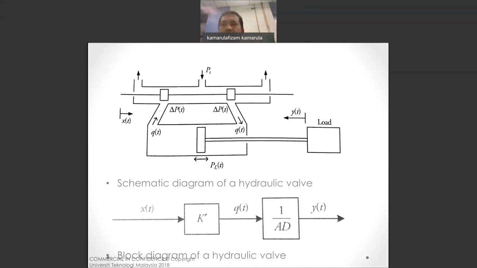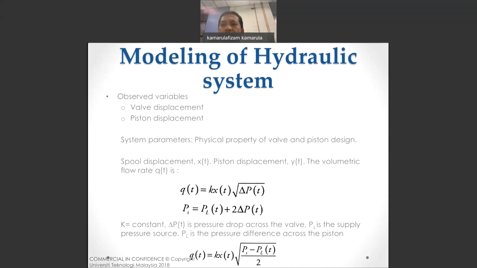Okay, this is a very typical hydraulic system. You will have spool displacement x(t), piston displacement y(t), and the volumetric flow rate q(t). Also, these three elements basically represent the same parameters as the rotational, translational, and maybe electrical systems. You always have three elements: one that represents some mass, an element that represents the spring, and an element that represents the friction